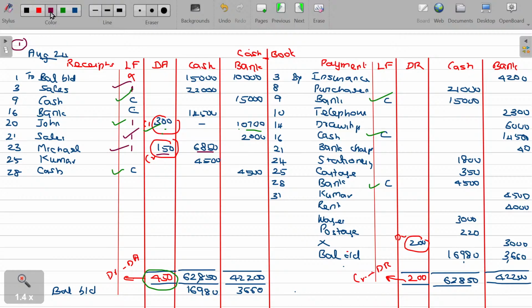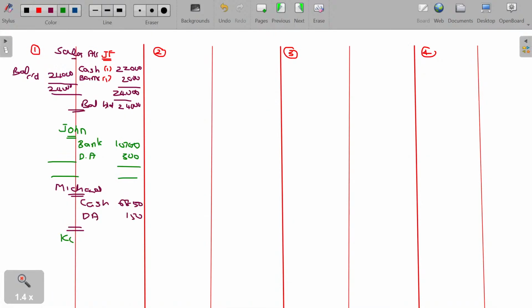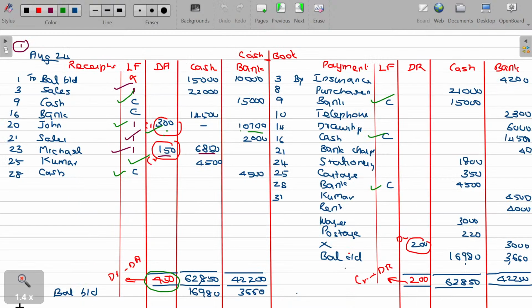And what about Kumar? Kumar cash. The value being 4,500. From where we have received? Page number 1. Everything is page number 1 of journal folio. Here page number 1 of ledger folio. And cash contra entry is automated, so we never bother about that. Now in this side,